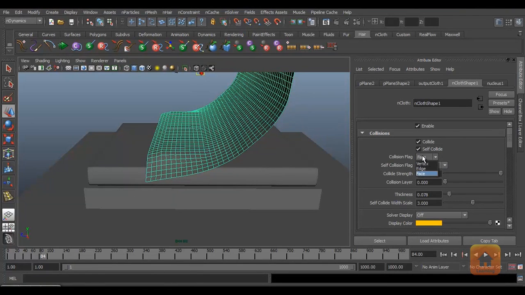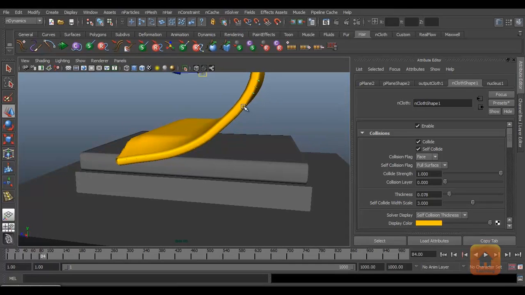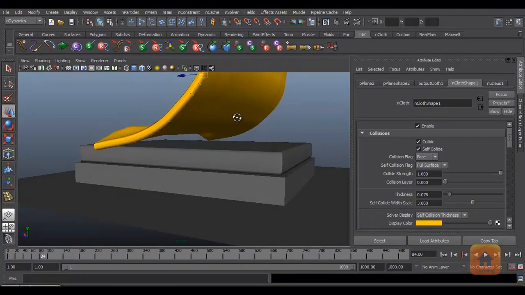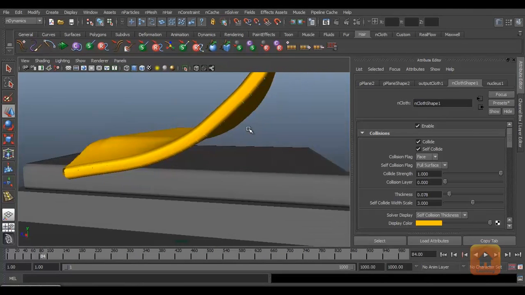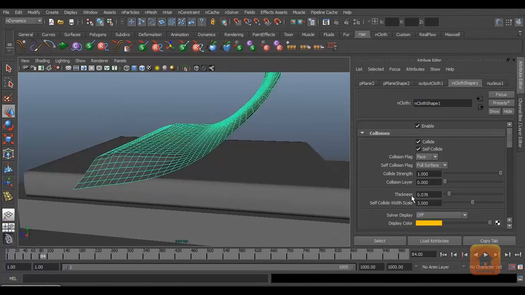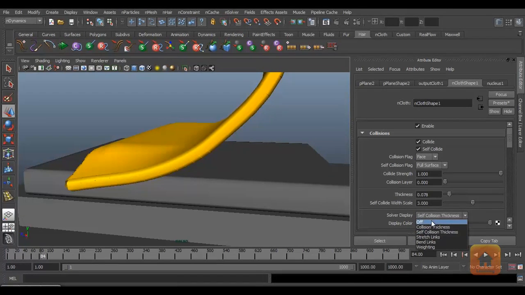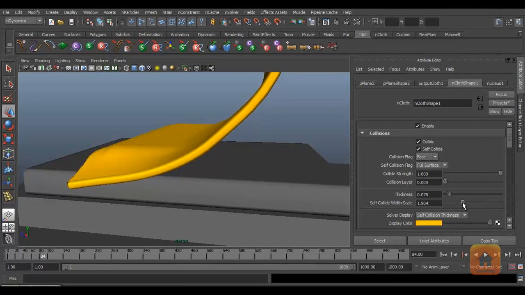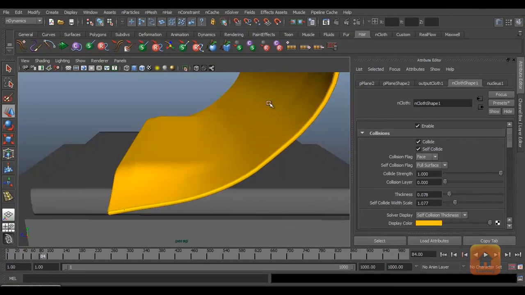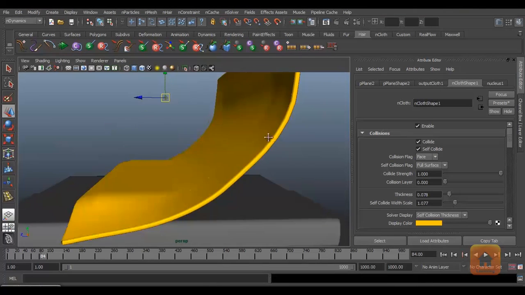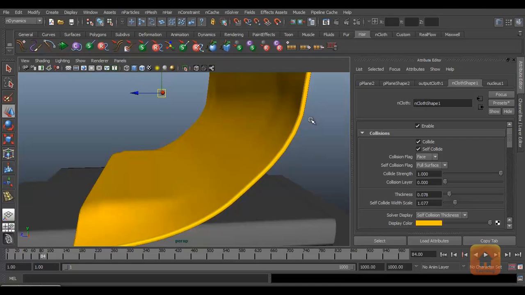Since collision flag is set to faces, if I just change this self collision flag to full surface, then we can see that it also shows the faces, but you can see this is very thick. If you see this off, our cloth is very thin and this is very thick. So for that, we'll select this and decrease this value a little bit, till this much. These values don't generally create problems,